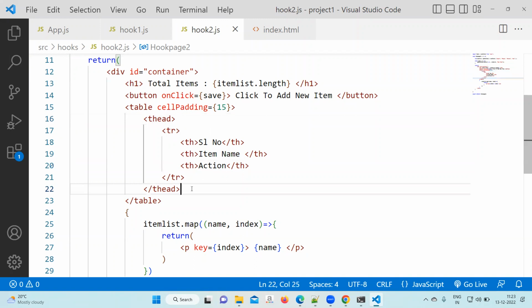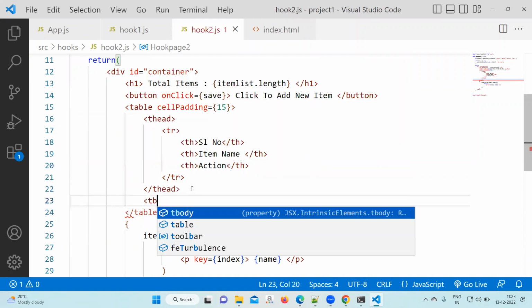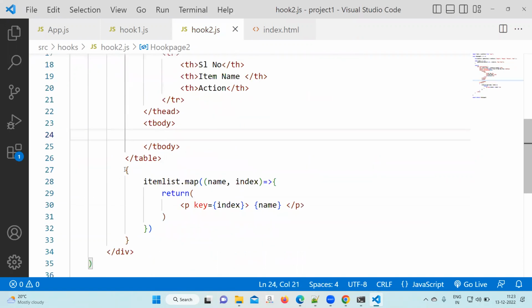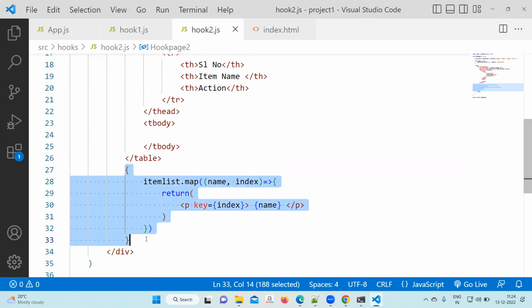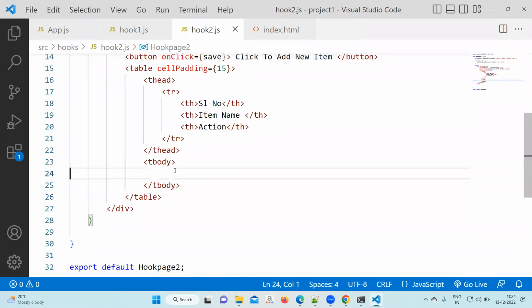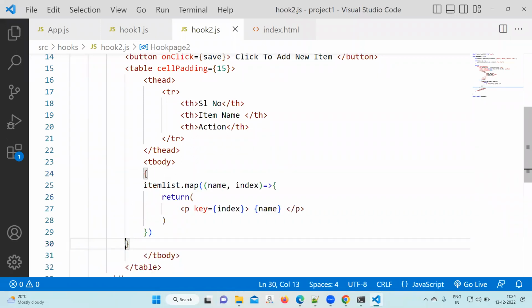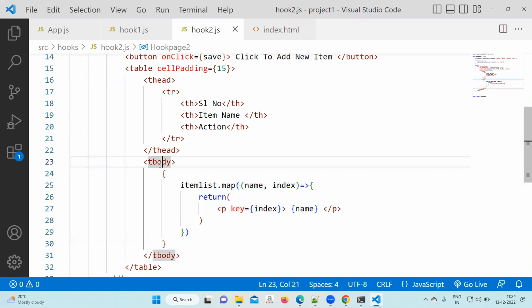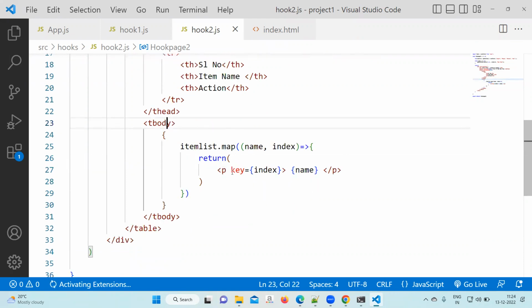Now next we will follow the tbody. Open and close the tbody. Under the tbody, you will keep this map which you have written at the bottom. Cut the map and put it inside the tbody. Map kept under the tbody. After that,